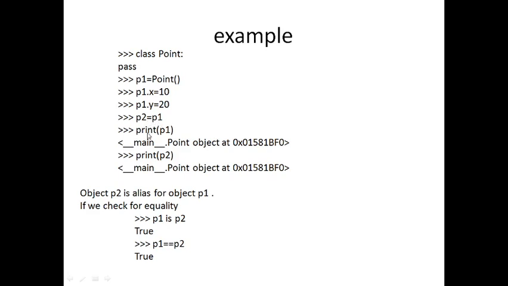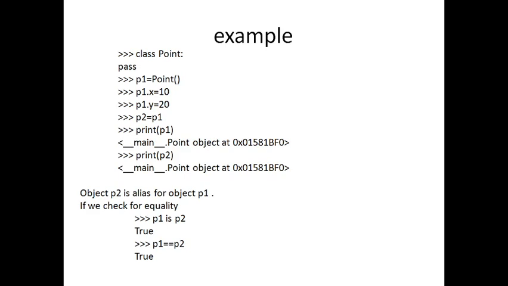So when you print p1 here, the output will be like this: __main__.Point object at a particular address, and when you print p2